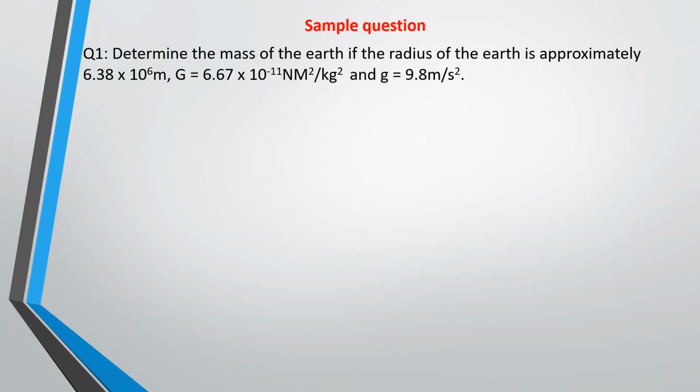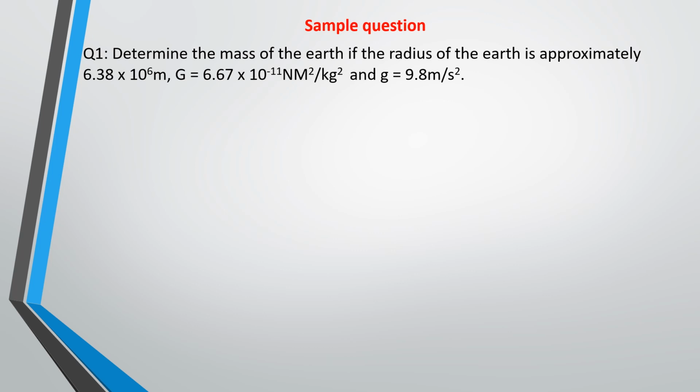Sample question 1. Determine the mass of the earth if the radius of the earth is approximately 6.38 times 10 to the power 6 meters, and G is given to you to be 6.67 times 10 to the power minus 11 Newton meters squared per kg squared, and g as related to gravity is given to you to be 9.8 meters per second squared. Okay, so first thing that you do is that you are looking for the mass of the earth,